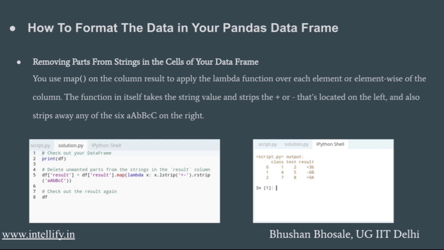We would see that in the code itself, the fifth line says df result is equal to df result dot map. We have to use the map function. Okay, so lambda x and x dot l strip. So what we have to l strip, plus or minus is present in the l strip. See, I have not given any gap. What it does is it first takes the character plus, then it sees if plus is present or minus is present. That is, all the characters that are present between the inverted commas are to be removed. So plus or minus, it specifies that it is plus or minus.